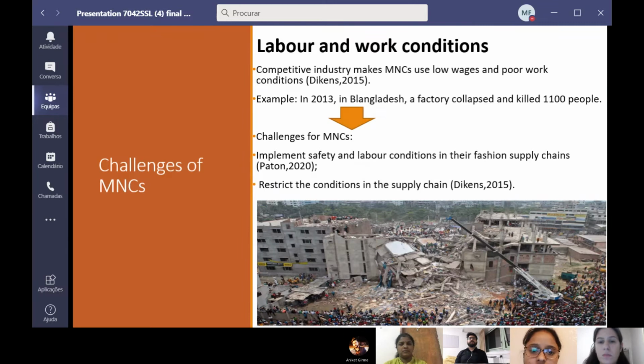The second one is the labor and work conditions. This is also very challenging for the MNCs because it creates a child labor issue in the society, and the working conditions of the laborers in the clothing industry are very bad because there is not a healthy environment for the workers to work in their factories. Competitive industries also make MNCs use low wages and poor work conditions. For example, in 2013, in Bangladesh, a factory collapsed with a fire, and